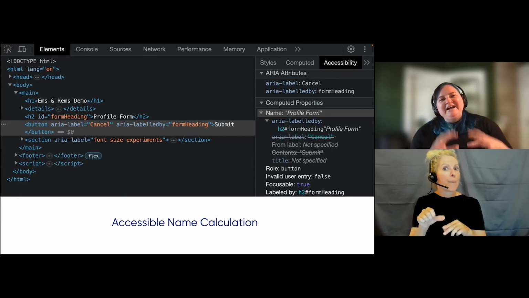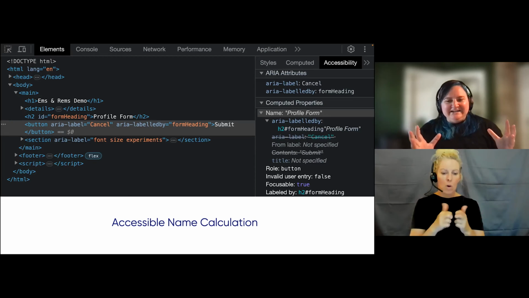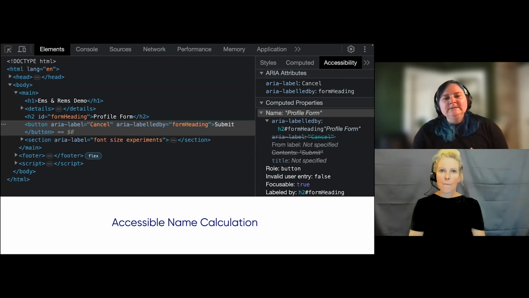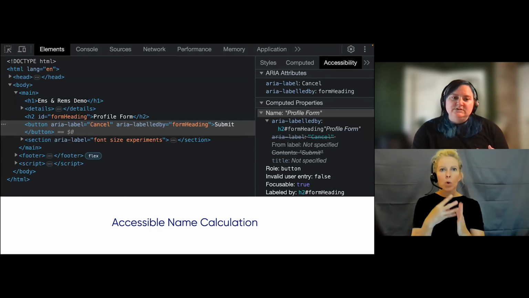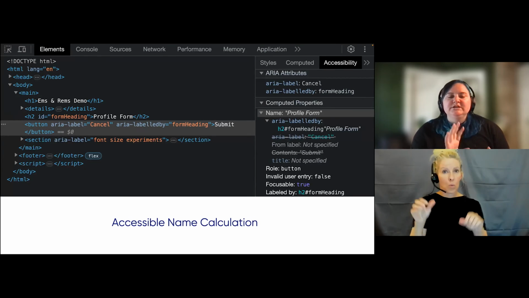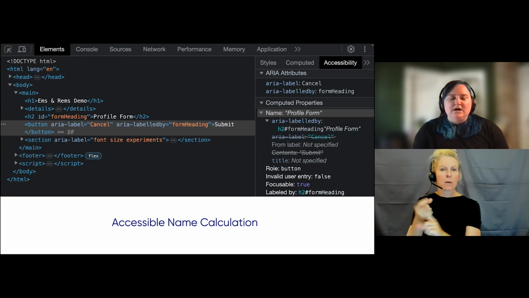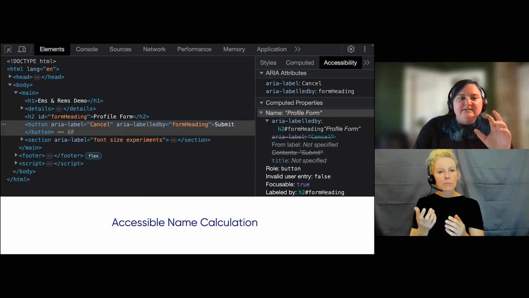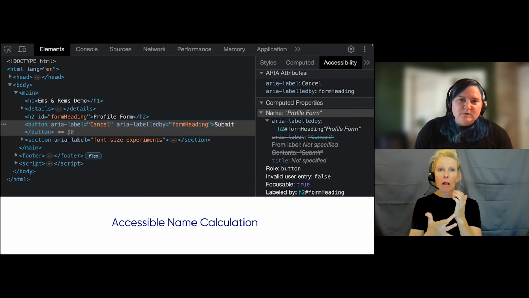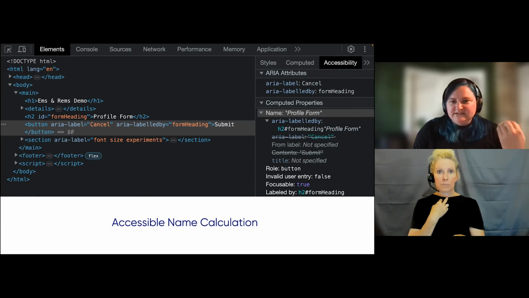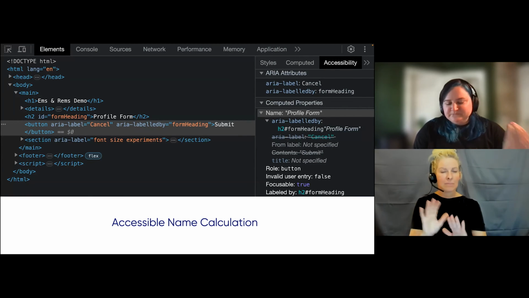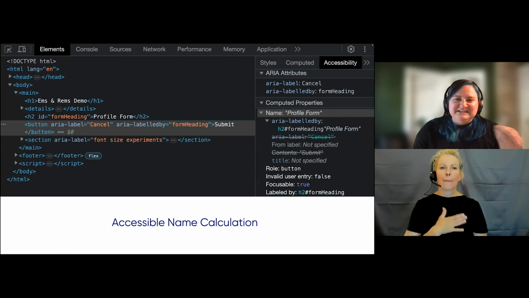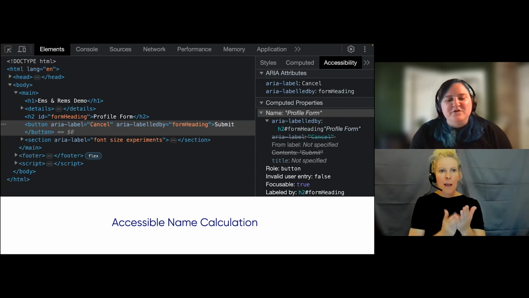So again, this is why I'm trying to summarize why I think it's extremely important in our process to look for some of these implementations in the code review, because if this got out into production, it would have a huge, very big negative impact on our end users, especially those who use assistive technology, so much so that they probably cannot use this form, right? That's huge. That's going to cause a complaint. That's going to cause really negative feelings about you and your company. So please do incorporate some of this into your process, at least be aware of it when you're doing your code reviews as well.